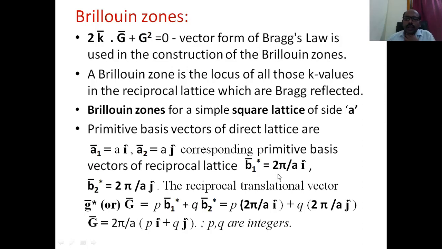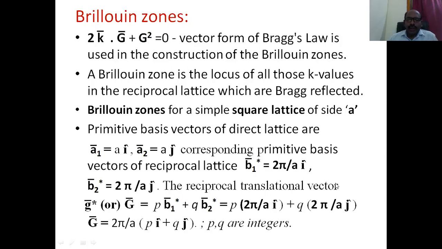Earlier we used only 1 by a, but there are two notations for the base vectors of the reciprocal lattice. Here we consider 2 pi times a2 cross a3 by volume. These are the corresponding base vectors of the above base vectors in the direct lattice. Now we have the base vectors in reciprocal lattice.